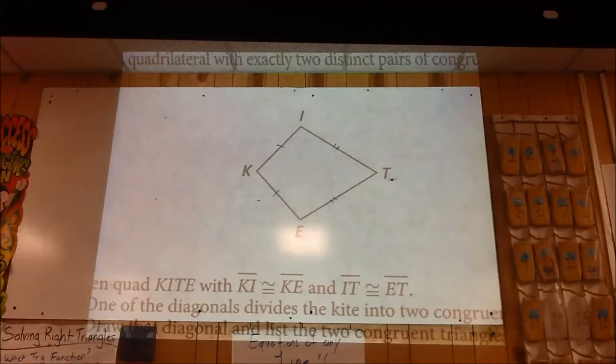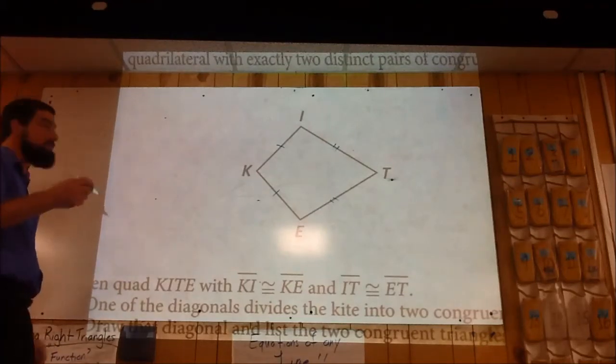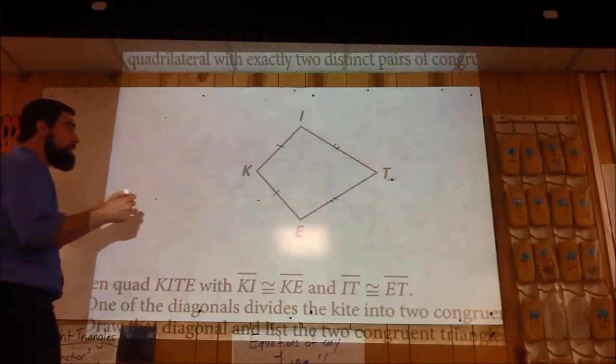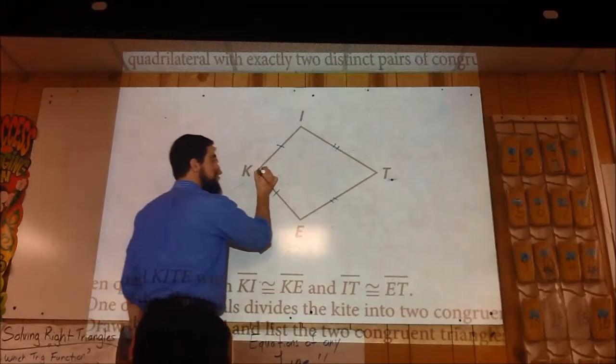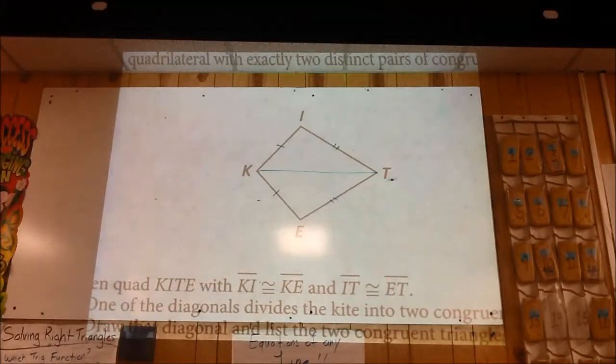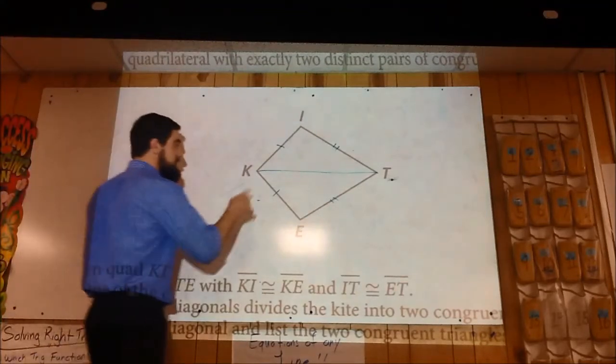Melody, what diagonal did you draw in? KT. And what is that? Is that a plane? Is that an angle? What is that? The diagonal. What geometric shape is that? Segment. Okay, so segment KT, that diagonal KT, when drawn in, I do agree that it divides this